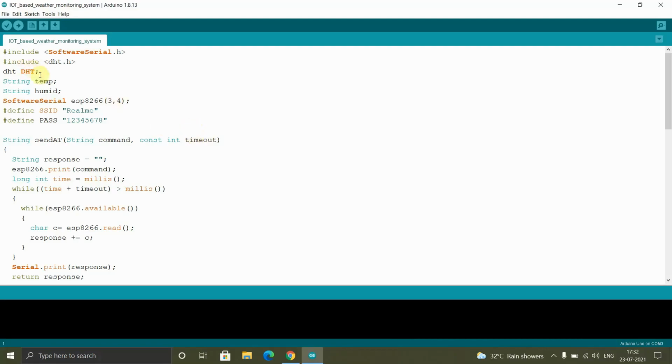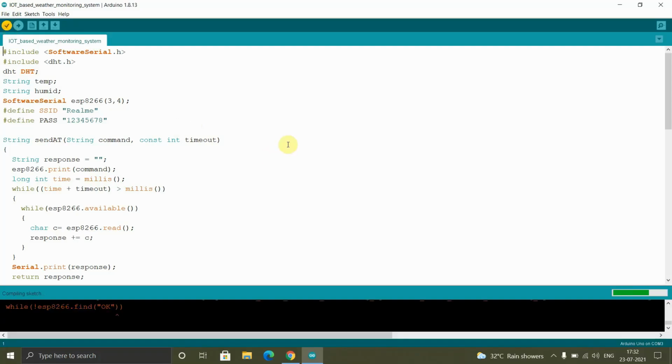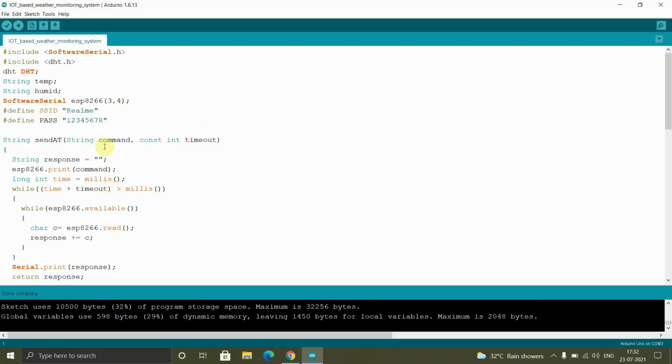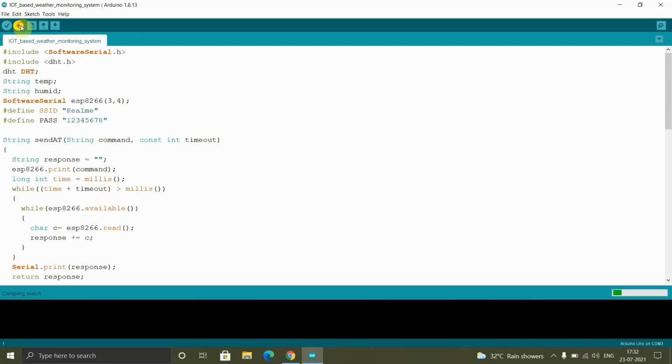We need to verify the code and upload it to the Arduino. Let's verify it. While verifying, check for any errors. Now we need to upload it to the Arduino.